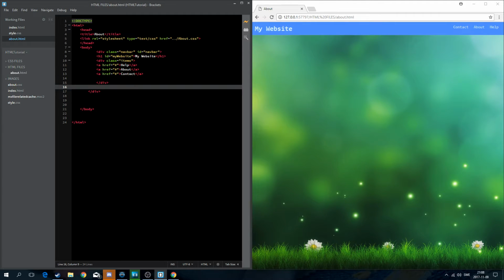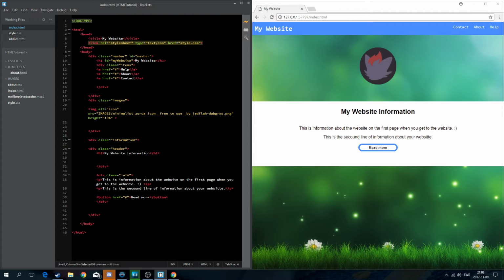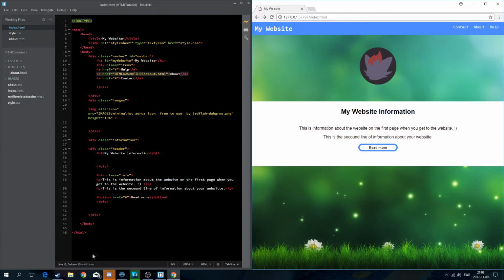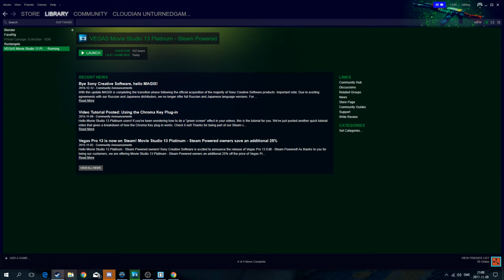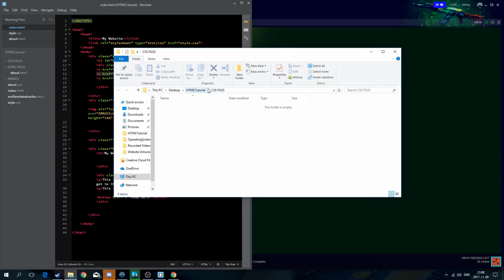But let's continue with this. Remember with this href, if you press on the about, it'll take us to HTML files /about.html. So if we then click on about, it cannot get HTML, and I think I know what the issue is. I think the issue was that I used something that goes wrong here, since I know that I've used